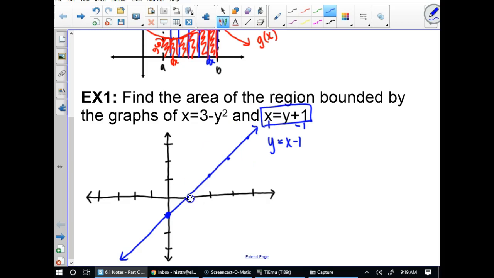You'd really be going like over 1, up 1, over 1, up 1. Your slope would be backwards if it were solved for x. But lines, just solve them for y. Graph them like we always do. x equals 3 minus y squared. That one, I could try to solve it for y and graph it,